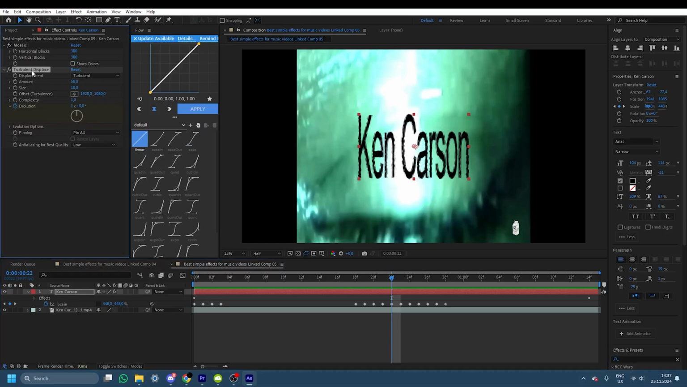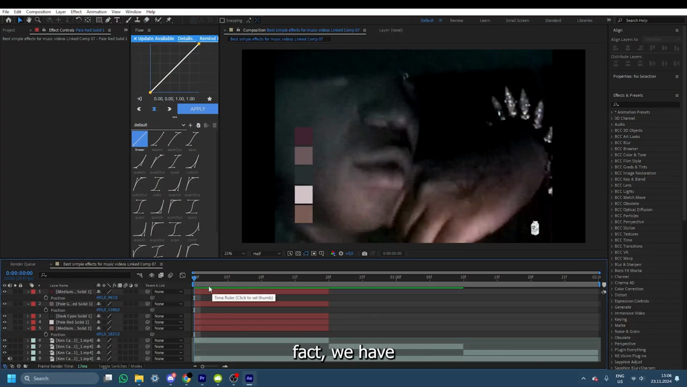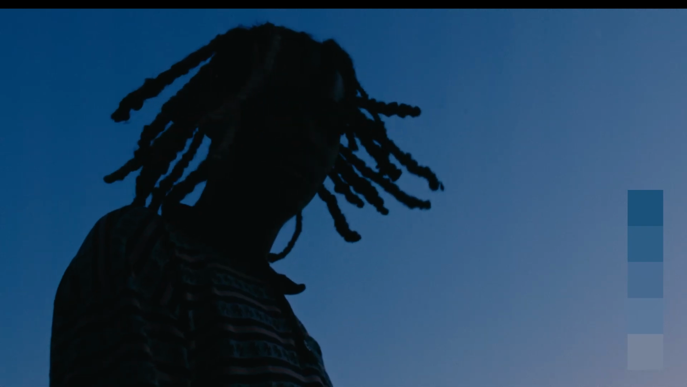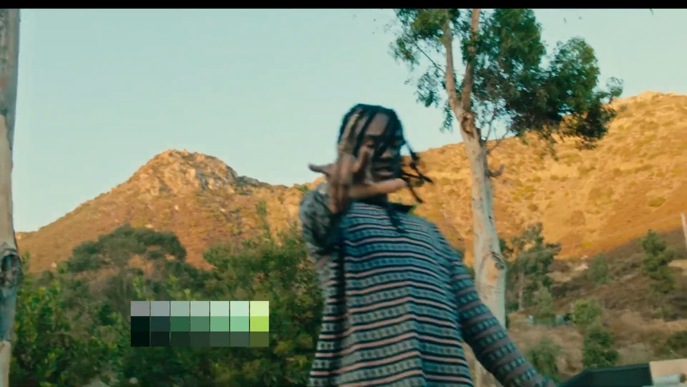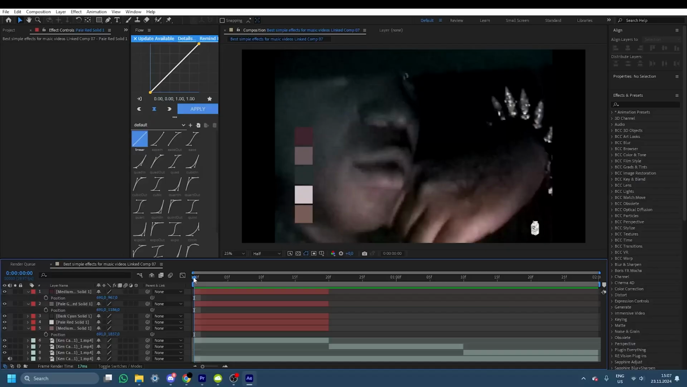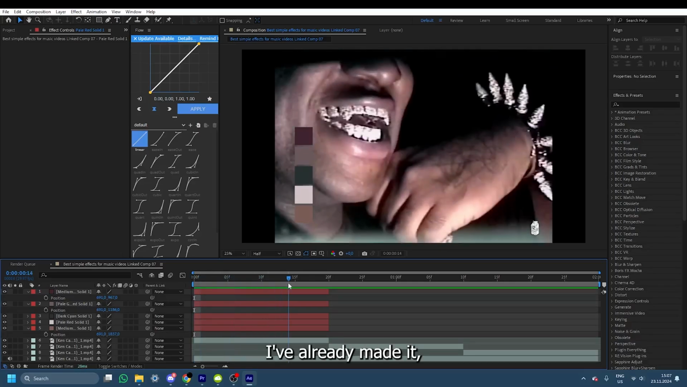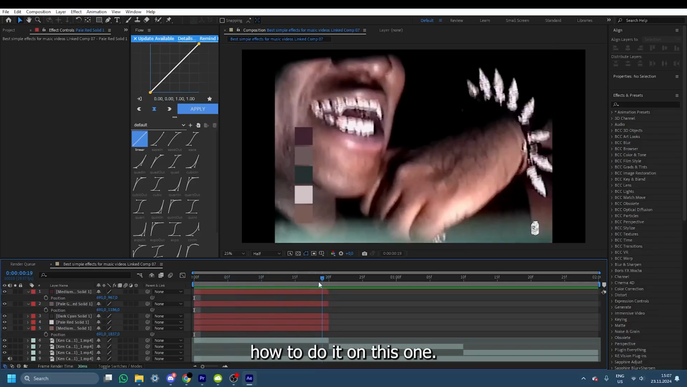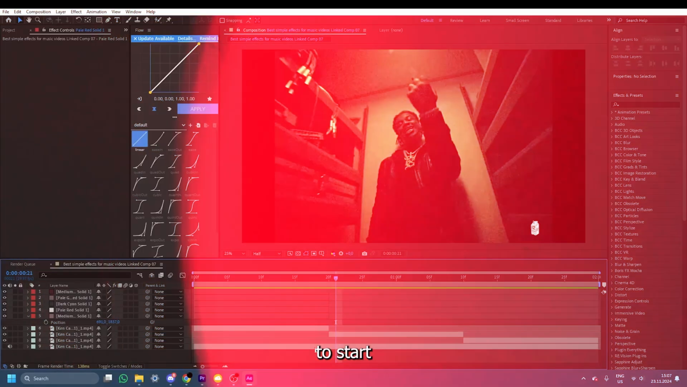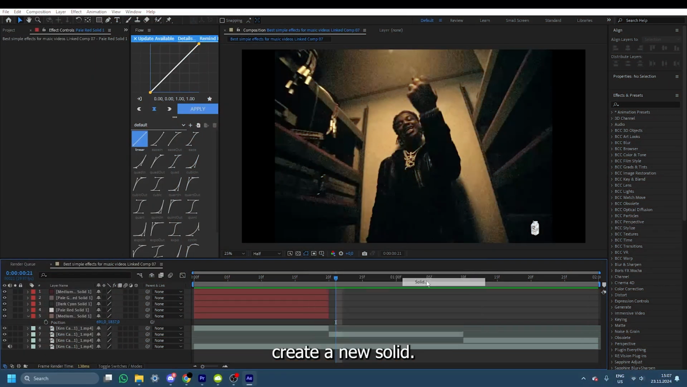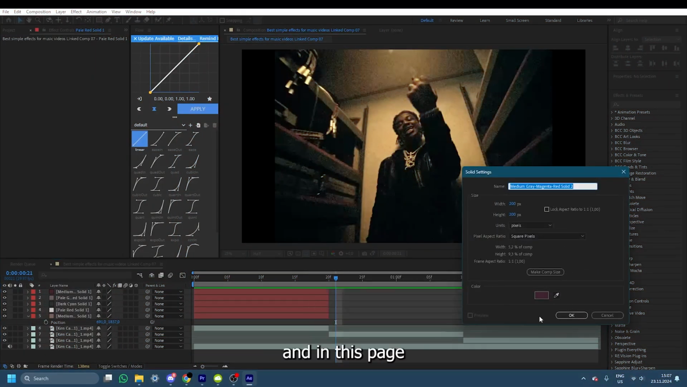for this edit. For the last effect, we have the color palette that was used in Osama-san's I Know What You Did Last Summer music video. And for this clip, I've already made it, but I'm going to show you how to do it on this one. To start, create a new solid, and in this page, you click this icon,